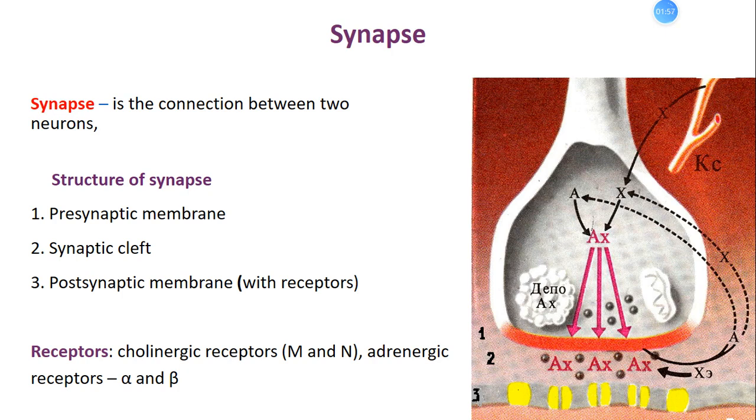Again, here we have the synaptic cleft between the presynaptic membrane and the postsynaptic membrane. We have a junction, we call it synaptic cleft, and after that we have a postsynaptic membrane. It includes the postsynaptic neuron, and the membrane of the postsynaptic neuron is called postsynaptic membrane. And you can see here it contains some receptor proteins,